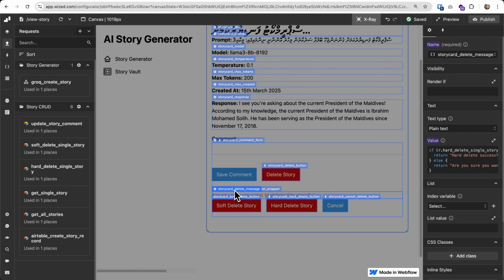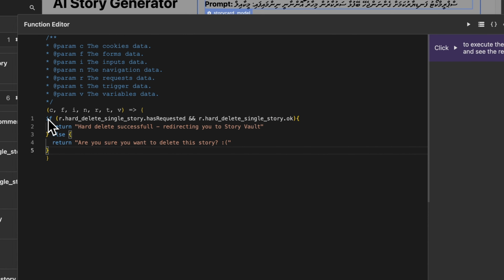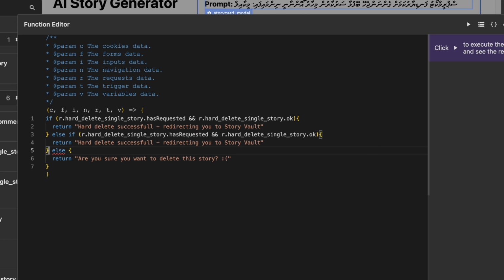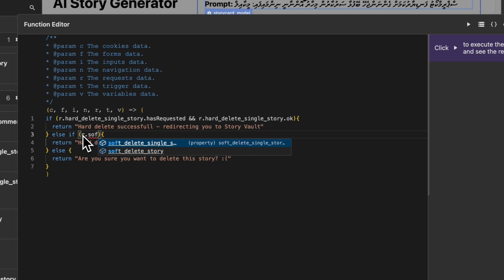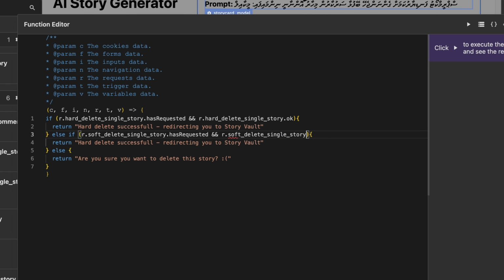Next is I want the spinner, I want the success message, and I want the redirect to work with these. Let's go into the message first and into here. If hard delete requesting is okay, show this text. I'm going to grab that, and to add a new conditional check, I'm going to say else if. I'm going to remove this, and I'm going to say request dot soft delete dot has requested and request dot soft delete